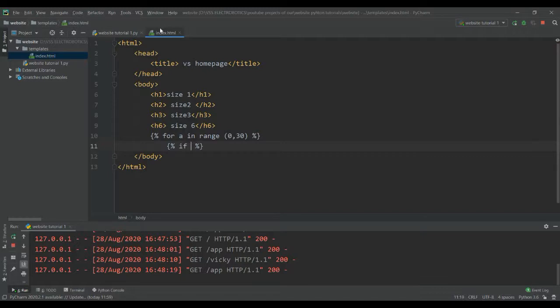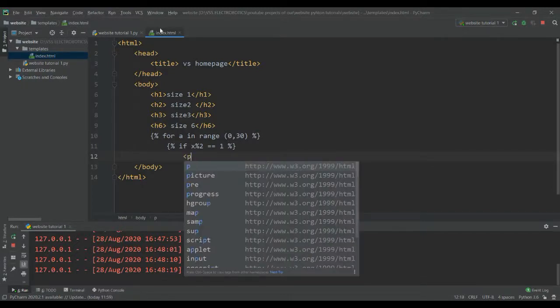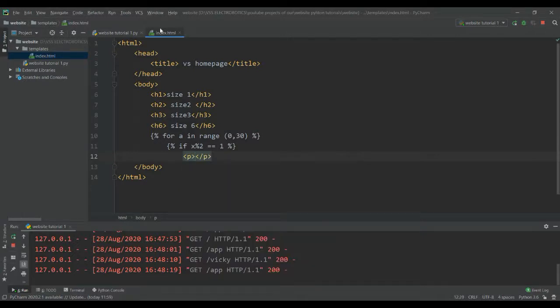Okay, in the if, x modulo 2 is compared to 1, then my paragraph must be x.